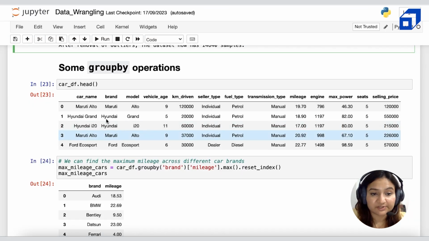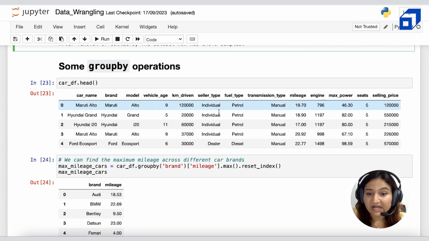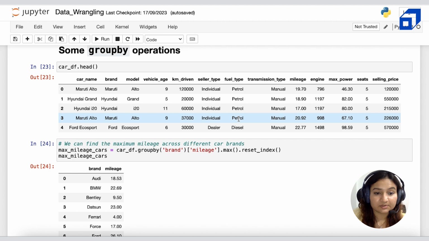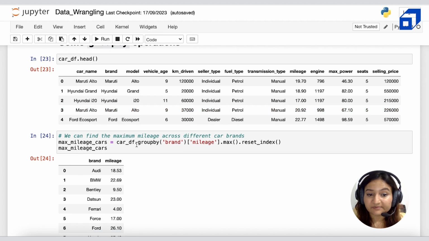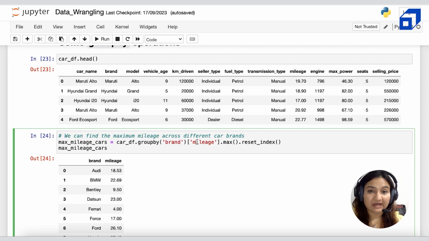Similarly over here, we have the car df, right? Now we want to find the maximum mileage across different car brands. We have already seen the different car brands, but we want the maximum mileage across them, that is, the maximum mileage that each of those car brands has given us. So I'm doing group by on the column brand, and on the mileage column I'm taking the max. So mileage.max will give you the max of this column